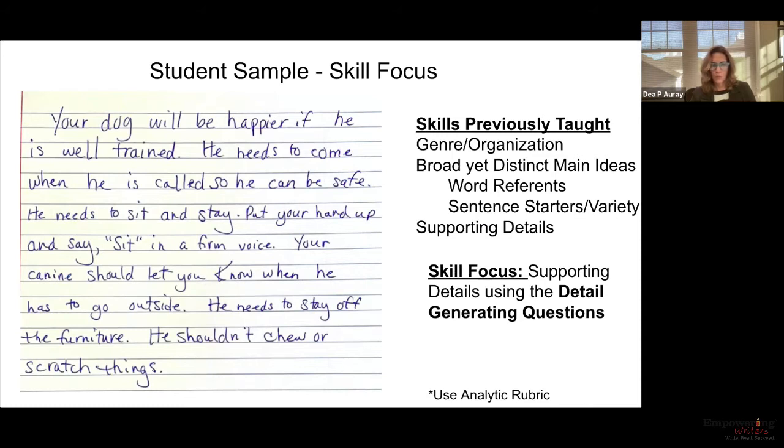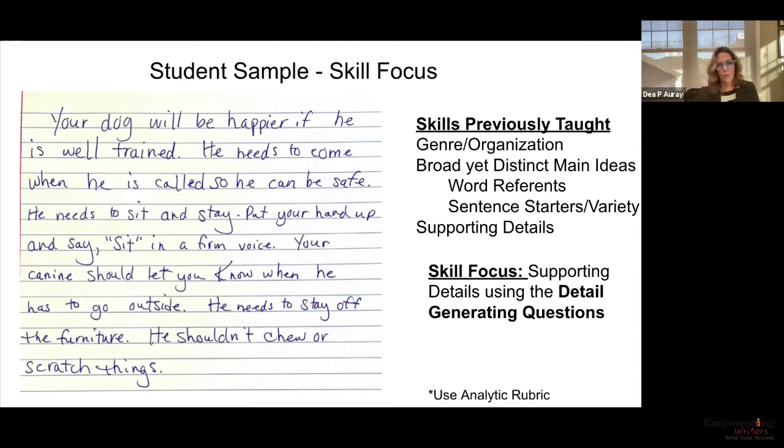Those of you who are familiar with Empowering Writers, our informational detail generating questions are, what does it look like and why is it important? Now, if I have a student like this and I take a look at this representative sample, I can imagine that the rest of my students in the classroom are doing something similar. So as I'm walking around, as I'm providing feedback, I happen to notice this. So that's a great time for this author's revision model, because you're noticing that many of your students are doing something similar. They're only applying that particular skill kind of in a scant way.